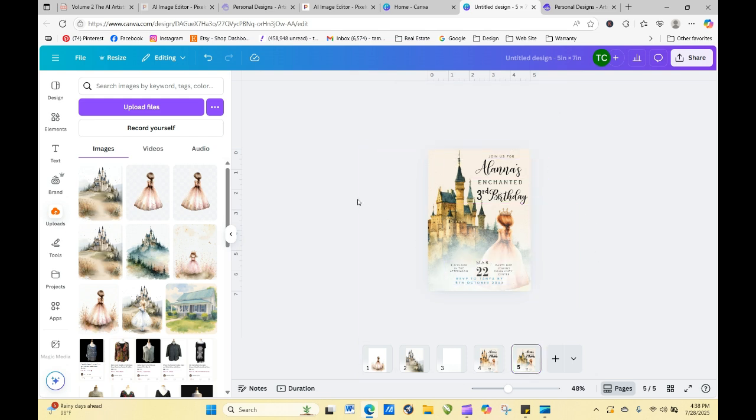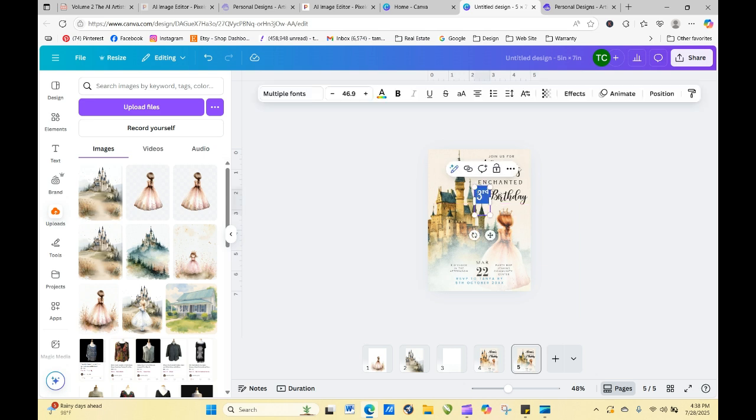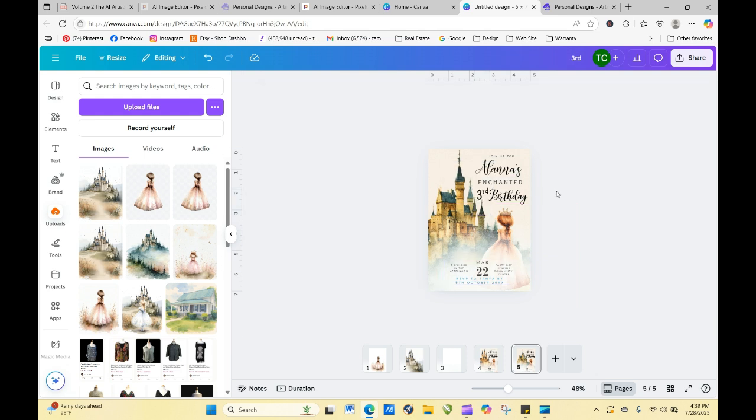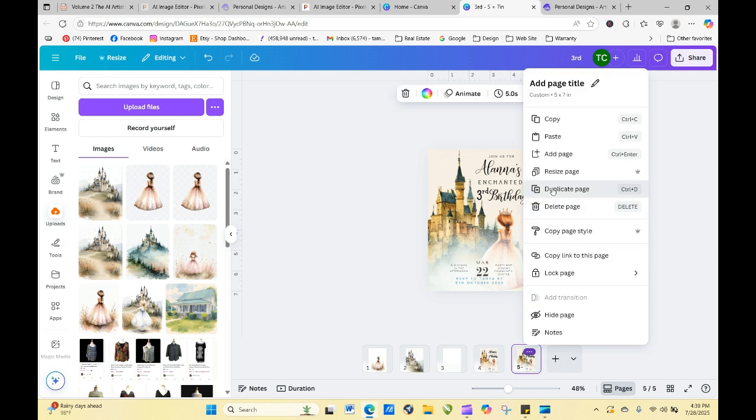So there, in just a few minutes, I've done two totally different invitations. So let's go further. Let's make another copy. This really would be more like maybe a 6th birthday or something, because this little girl, the little princess, looks a little older. So let's just say we're going to duplicate this page,